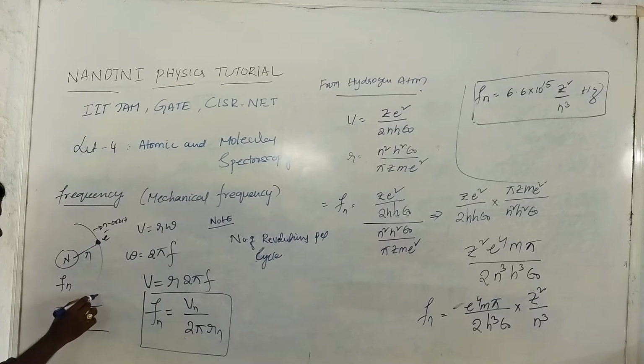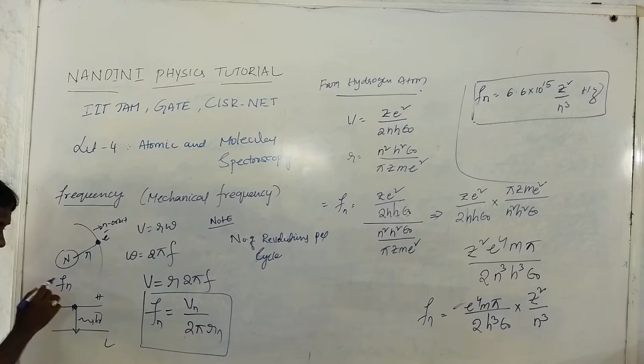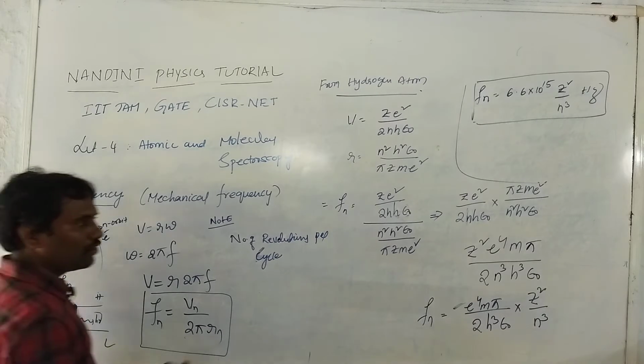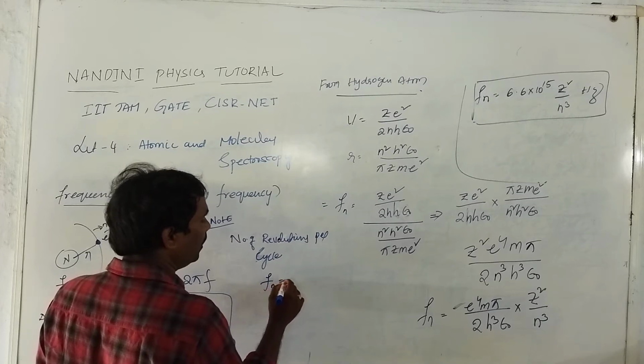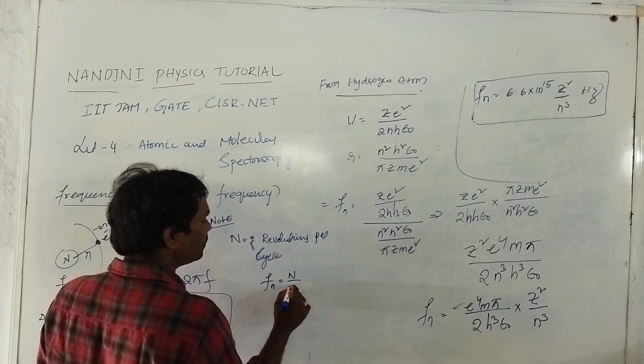Suppose an electron jumps from a higher state to a lower state. This electron emits some energy, a photon, and that photon energy is h nu. Now the emitted radiation frequency also depends upon the changing time, delta t, because there is some time change also. Therefore the frequency is always equal to the number of revolutions per changing time.